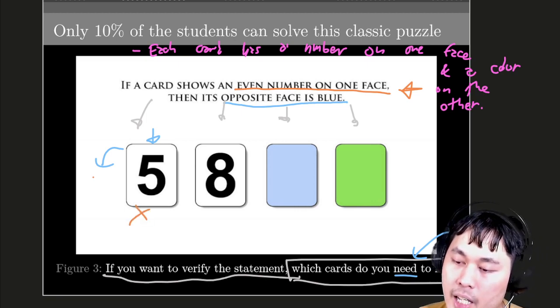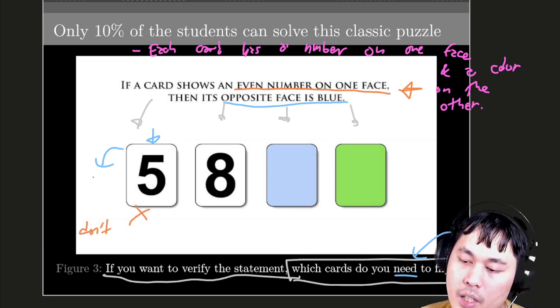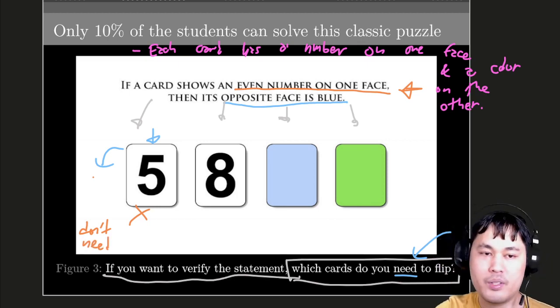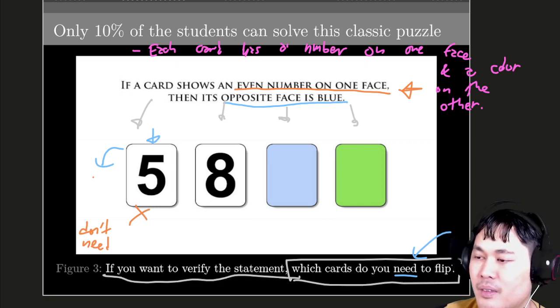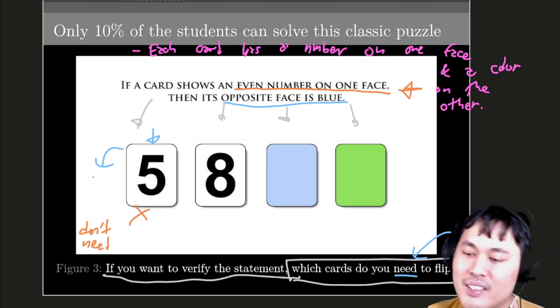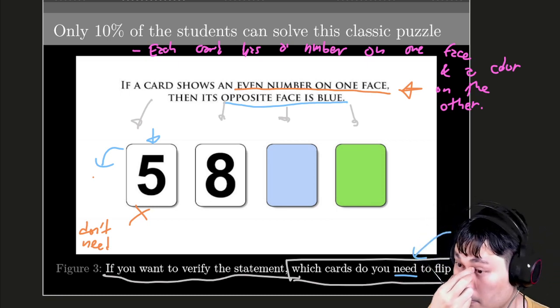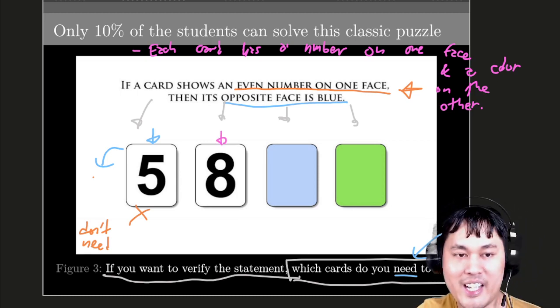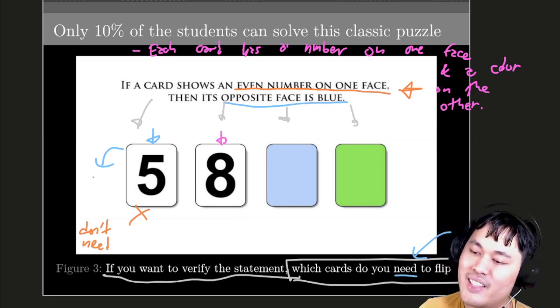This odd number is irrelevant. You don't need to flip that. If it's blue, then it's okay. If it's green, then it's still okay. If it's red, then it's still okay. No problem about that. But for the second card, I think we can agree, right, that you need to flip this card